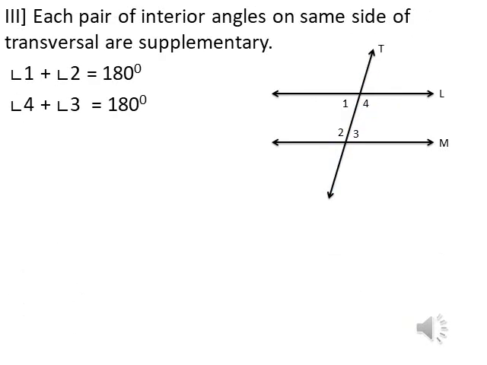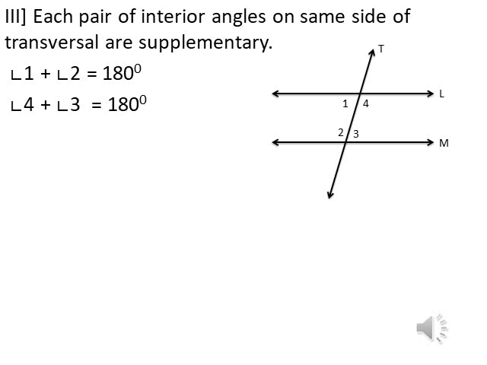We have already seen pairs of corresponding angles and pairs of alternate interior angles formed on two parallel lines. Now let us see pairs of interior angles on the same side of a transversal. Here, can you see, line L is parallel to line M, cut by a transversal T. And we are getting 4 interior angles, 1, 2, 3 and 4. This axiom also speaks about interior angles, so we have to stress only interior angles.